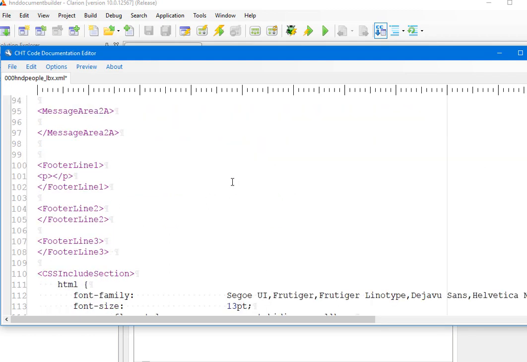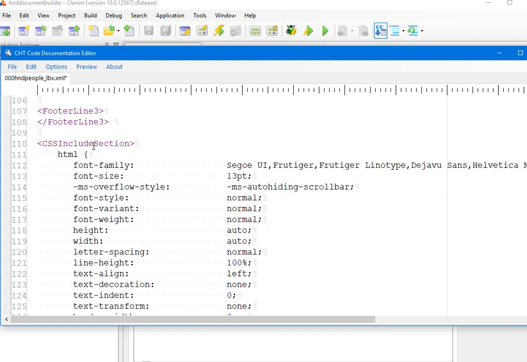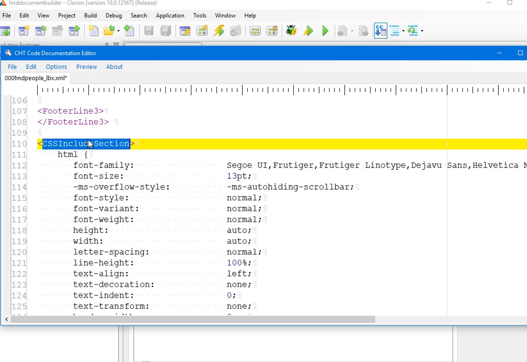There's a lot of tags in here that I'm not using. I don't have a footer in here. I have various examples of these tags in use and not in use. And there's a CSS include section here. This